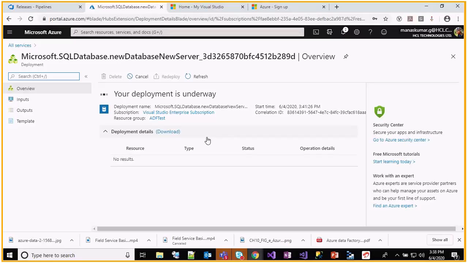So you can see that deployment is happening along with that server. First, the server is being created, and later our own database is deployed to that server. Both of them are being created for us.